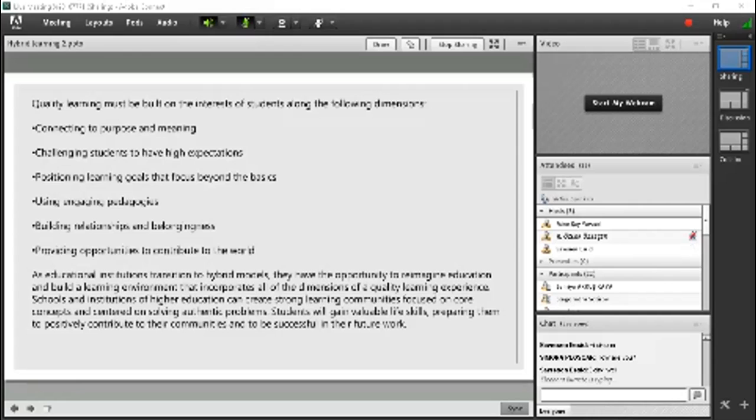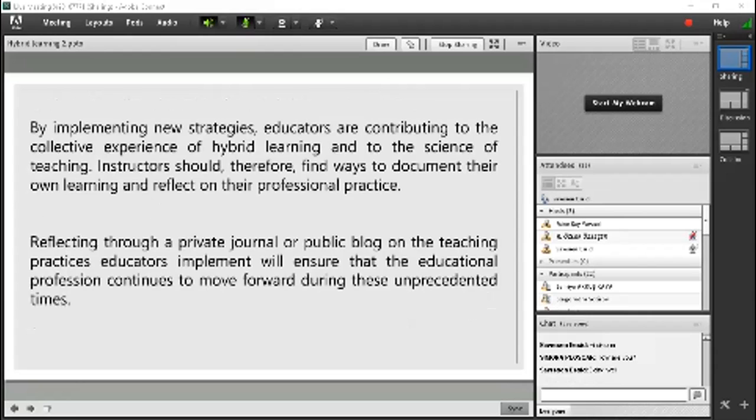Institutions of higher education can create strong learning communities focused on core concepts, the basic concepts, and on solving authentic problems. Students, of course, will gain valuable life skills, preparing them to positively contribute to their communities and to be successful in their work. By implementing these new strategies, educators are contributing to the collective experience of hybrid learning and to